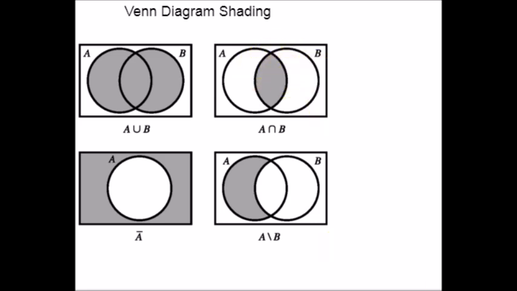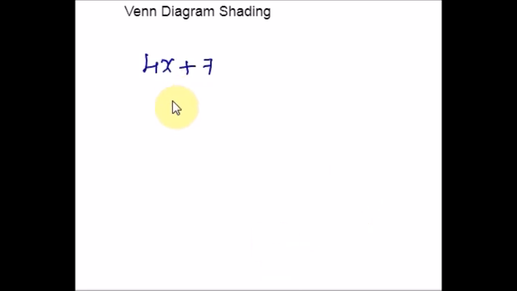In regular algebra, we can combine simple operations into more complex statements. For example, we can write an expression which includes both addition and multiplication, 4x plus 7, because we have rules which tell us that when we encounter this expression, we always do the multiplication first and then the addition.